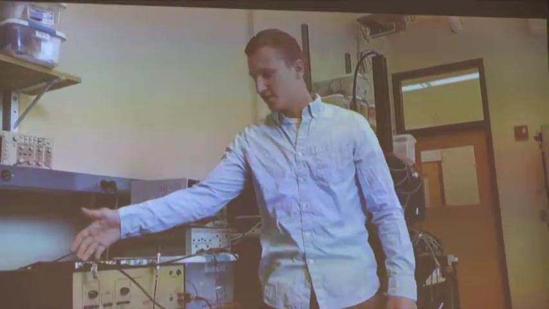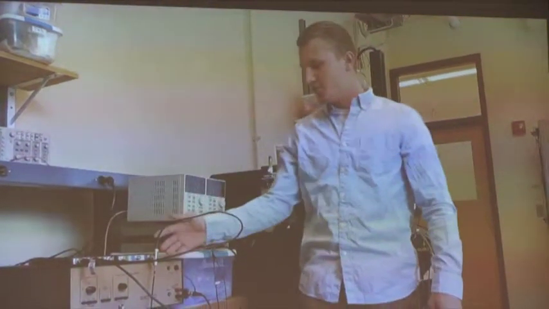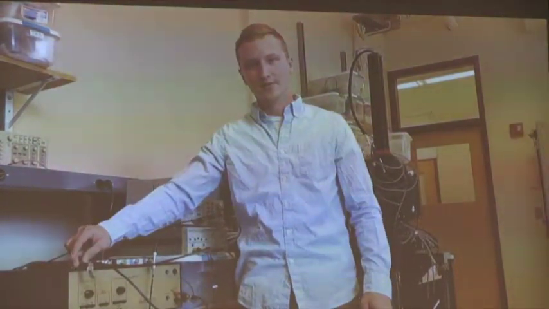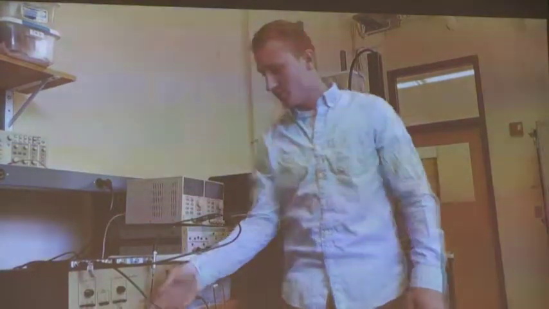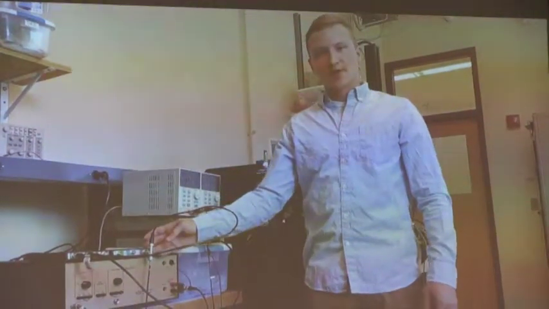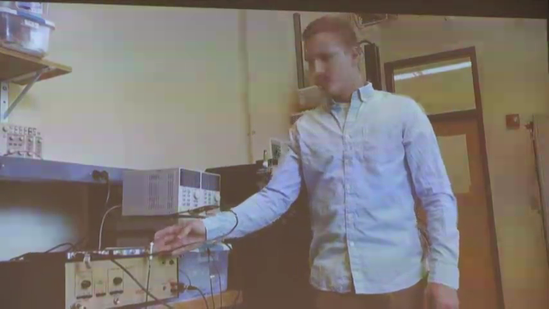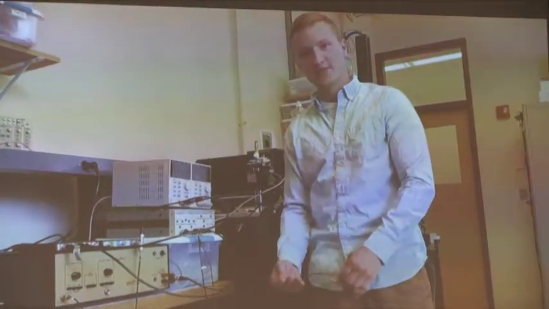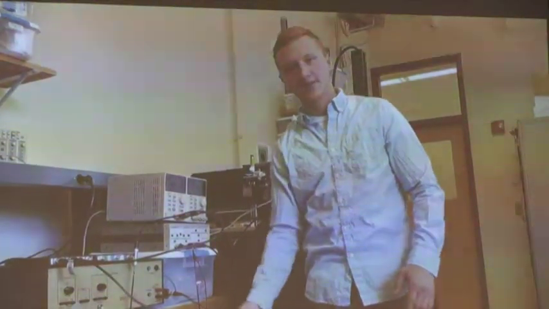Going over to the hardware setup, we've got the HS5 and the HS6 here. The output of the function generator will connect to channel 1 first to be able to see the signal. The output will also be going to the amplifier. For our purposes, we're going to be setting a 10 volt peak to peak value, which will then go to the amplifier and have a gain of 7. So the output of the amplifier will have 70 volts peak to peak, which will then be connected to the